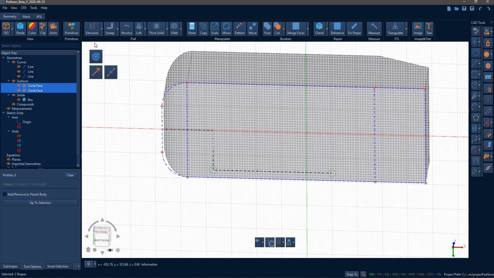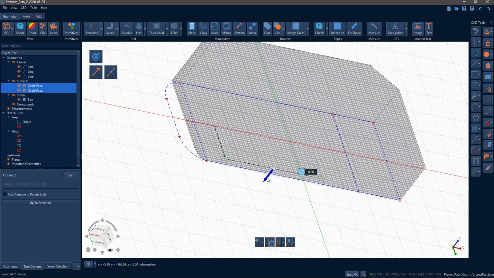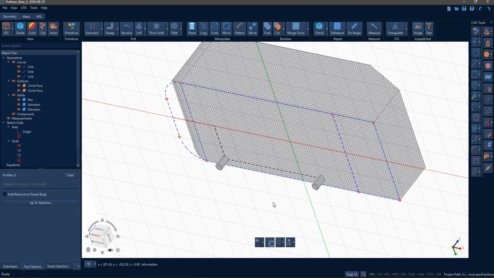Hit the extrusion button, pass the two circles here, and then it will drop an arrow, and the height of the legs is like 50, and then